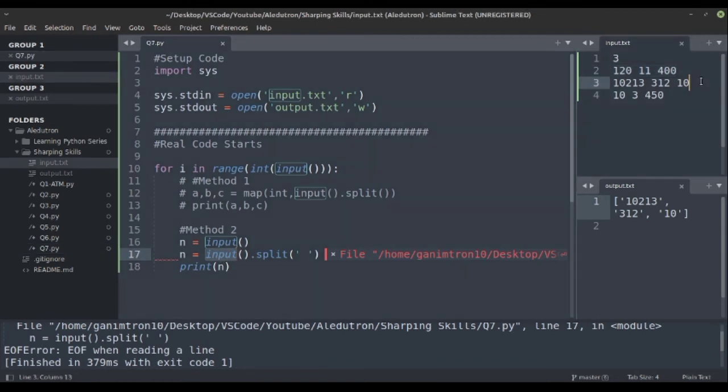So in the second input we got this input, and then we split it into n and then printed n. So here we can get the second line, 10 2 1 3. You can see these strings, this second input, and this is split correctly. But in